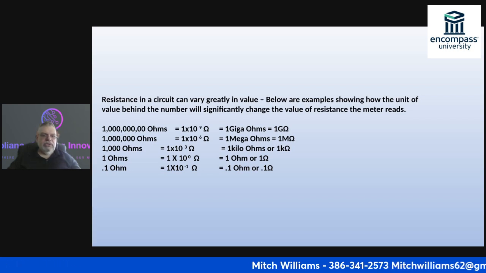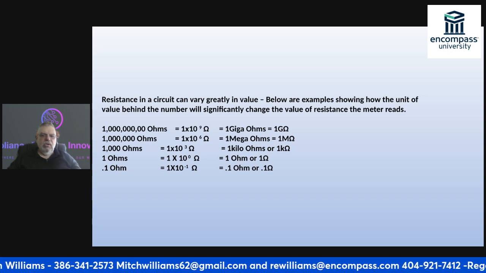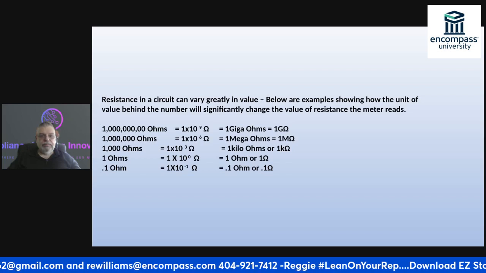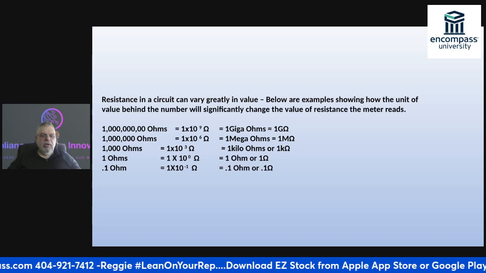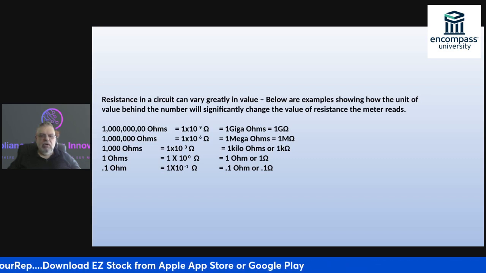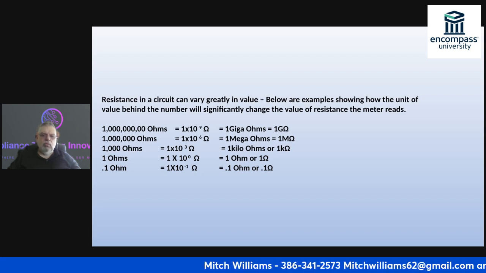Okay. So once again, we have 1 to the 10th power, which is a giga ohm. Then I have 1 to the millionth ohms, that's 1 times 10 to the sixth power ohms. And then I have 1 mega ohm. That's what that is. 1 millionth is 1 mega ohm, which is written with the M and the